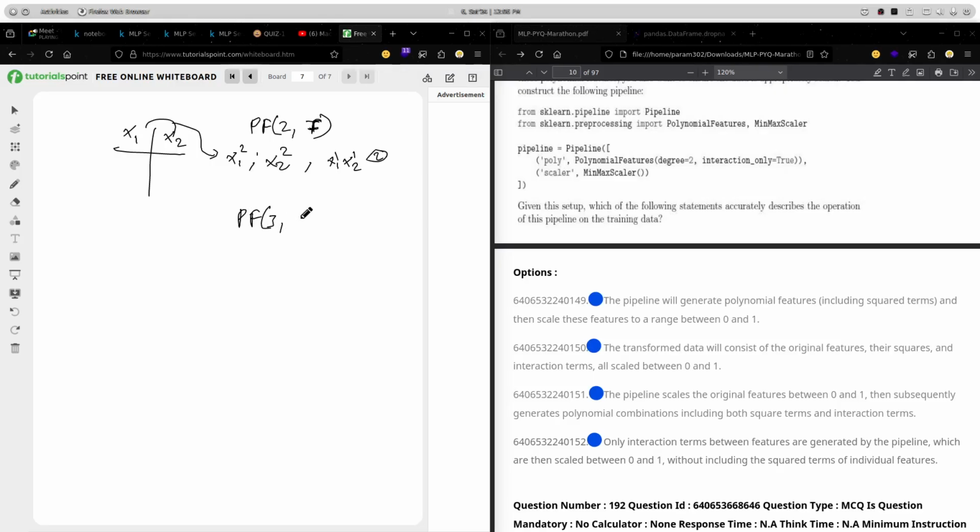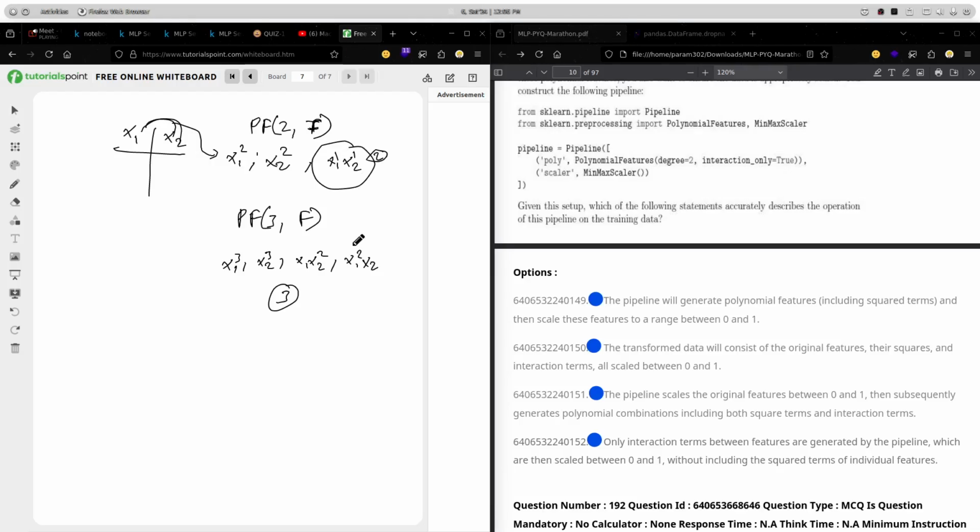If we have polynomial features 3 and interaction is false, then we will get these many features: x1 cube, x2 cube, and x1 square x2, or x1 x2 square. ओके बिकॉज इन सब की डिग्री जो है 3 है. अगर इंटरेक्शन ओनली ट्रू होगा ना, देन जो फीचर्स आपस में इंटरेक्ट कर रहे हैं सिर्फ वही आउटपुट आएगा.